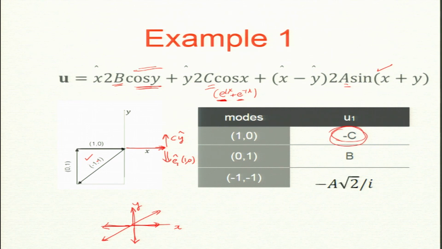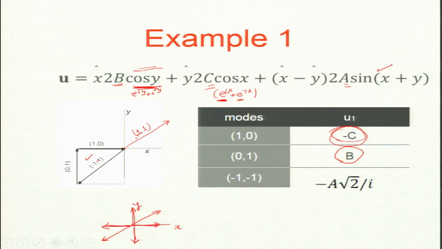What about 0 1? 0 1 is coming from here, cos y. So it is e to the power i y plus e to the power minus i y. So my vector is b x cap. So this vector is b x cap. What is the direction of E1 for this vector? x cap, turn right. So that is why it is a positive sign b. Okay, now we need some more space for 1 1. Now, the 1 1 vector is like this.